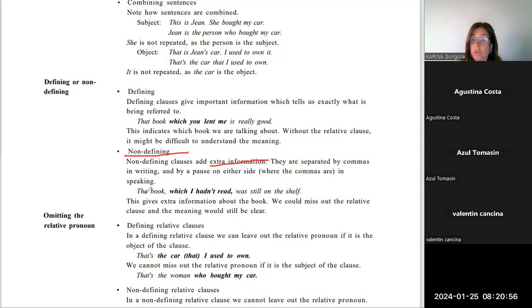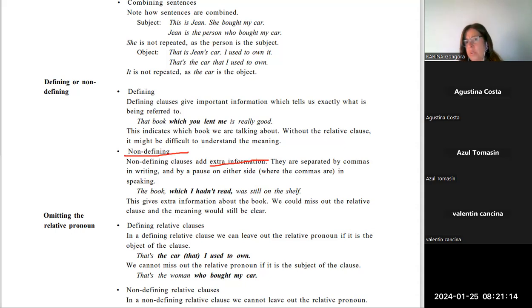The book, which I haven't read, was still on the shelf. What you wanted to say is the book was still on the shelf, right? The other thing is we all know which book we are talking about, okay? Well,